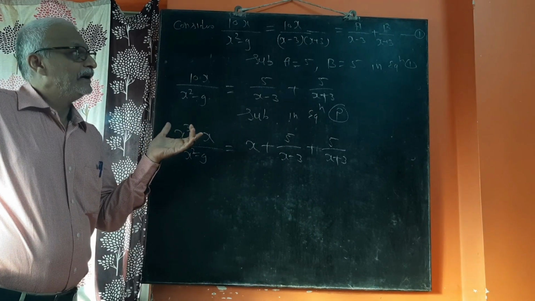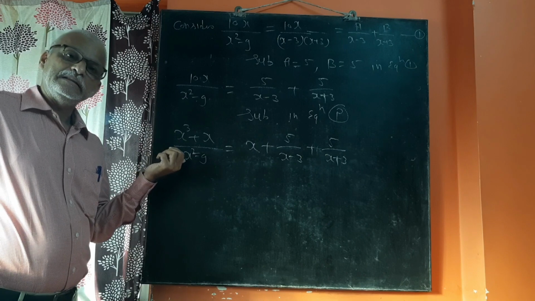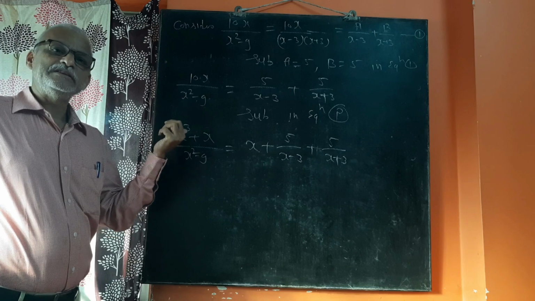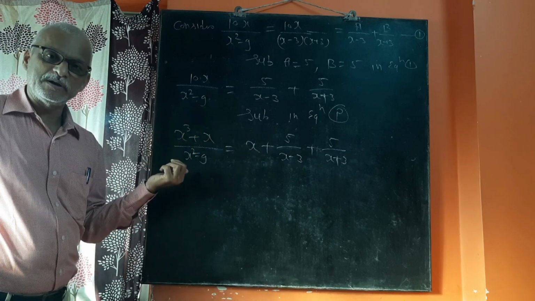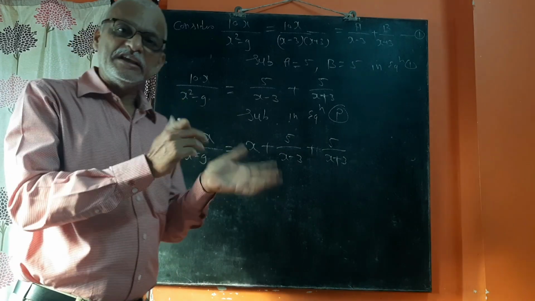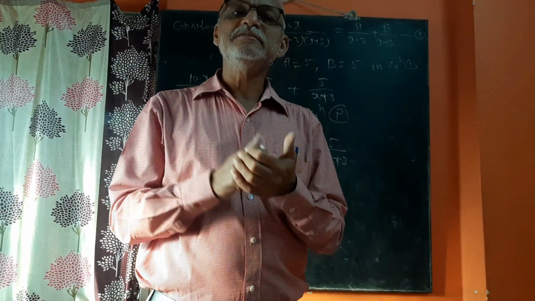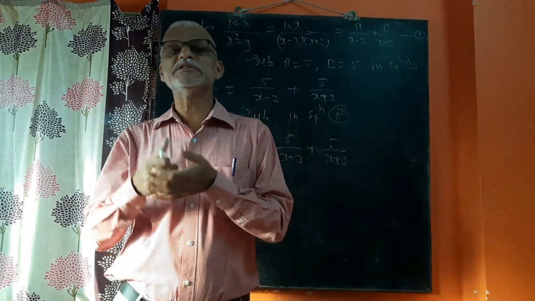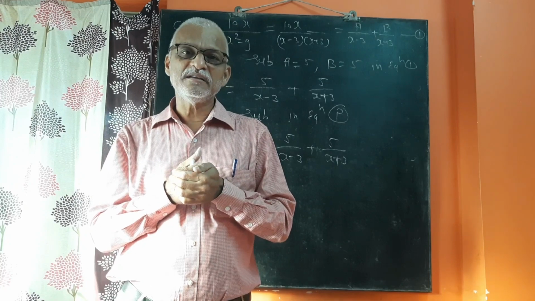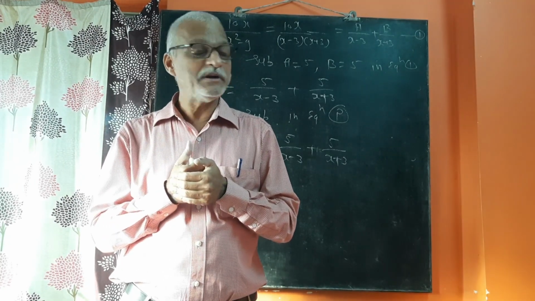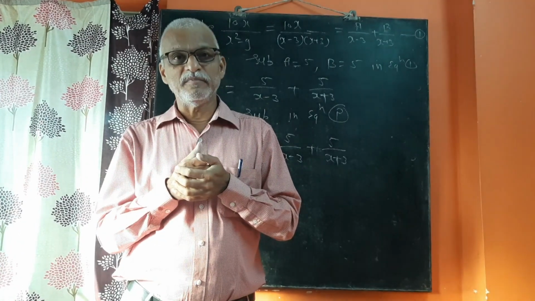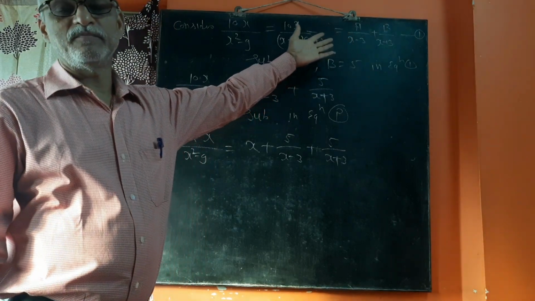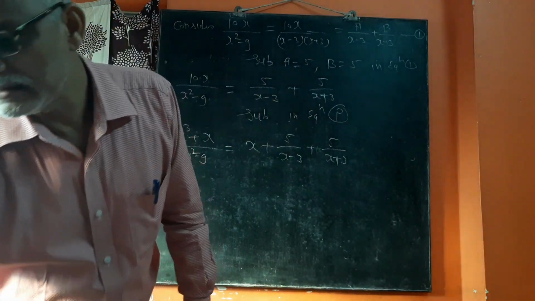What have you learned from this one? You have learned that if the given fraction is improper, first convert it to proper. After that, check whether the remaining fraction belongs to the first case, the second case, or the third case. That means whether the factors are linear and non-repeated, or whether the factors are quadratic. According to that, you have to find the partial fractions of the remaining factor, either by the first condition, or by the second condition, or by the third condition.